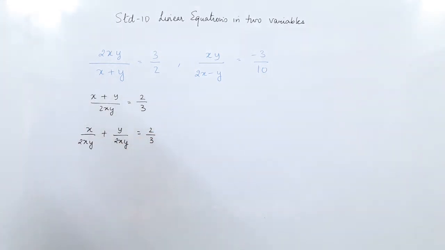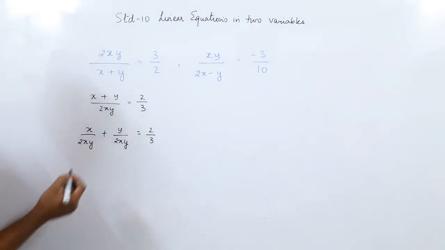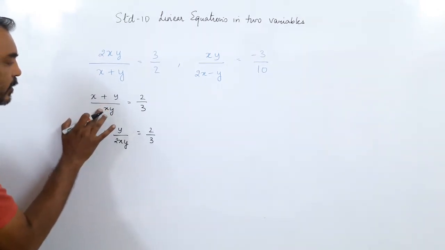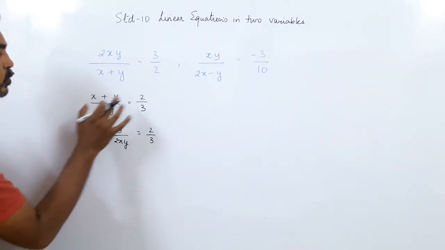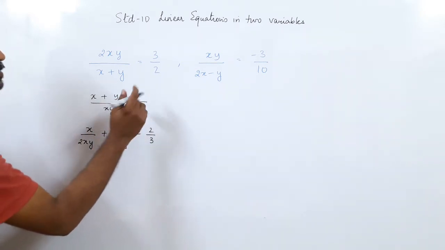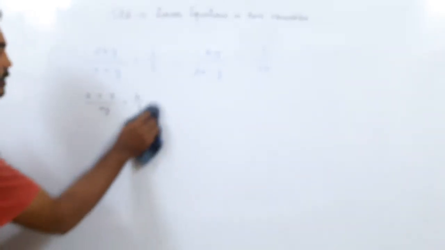Now you will see why I did this. Or I could do the first step, okay, let me do the first step. This 2 is in multiplication here. I will remove this 2 and take it, sorry, it is in division here. I will take it into multiplication on the other side. So this becomes 4 upon 3. Okay, I'll write that step down so you can see the step fully.